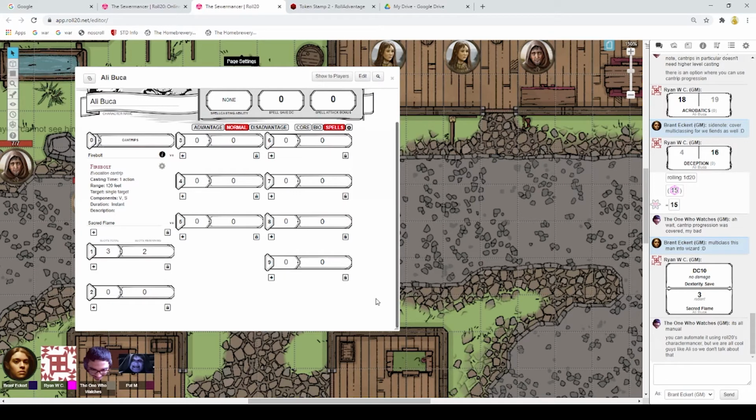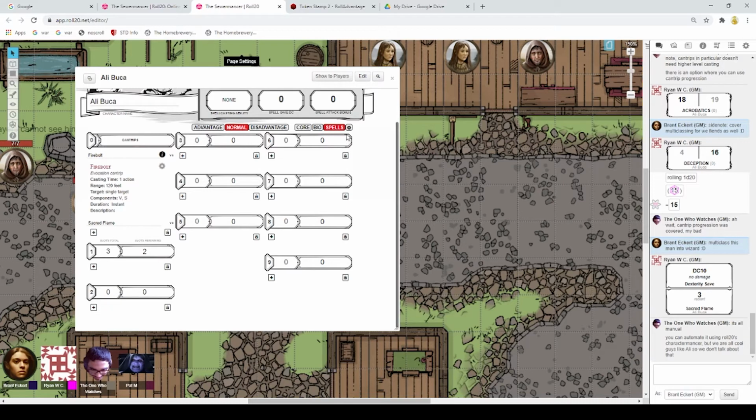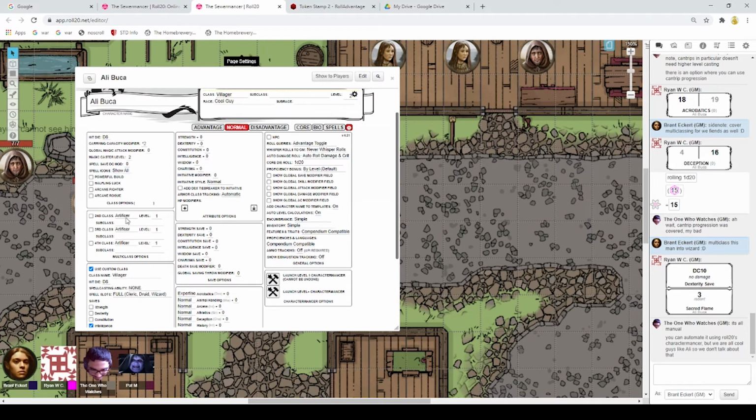All right. I think that's it for questions on the character sheet then. In that case, we will move on from the character sheet, and we will cover this section, the